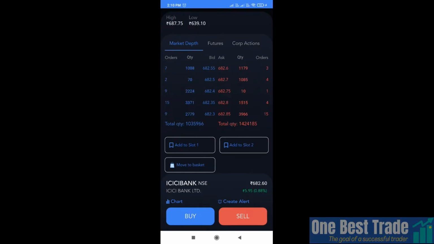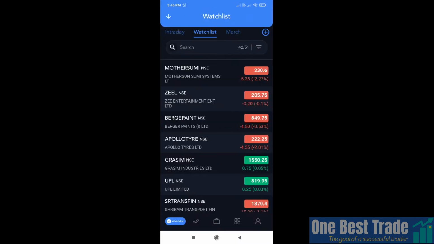In this video, I'm going to discuss how to place basket orders in Fire's mobile app. Very recently, they introduced a new feature, basket orders, in Fire's mobile app. Come, let's explore how you can place multi-leg option strategies using basket orders, and how you can place stock SIP using basket orders.